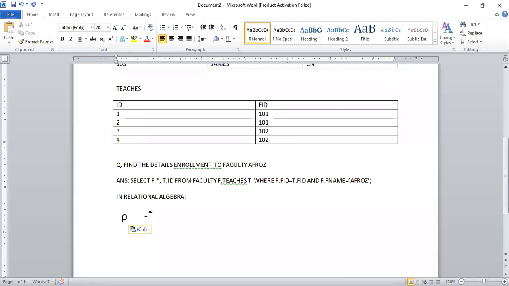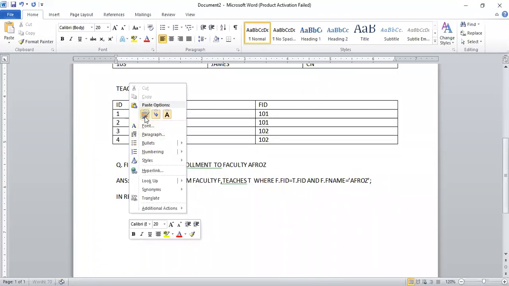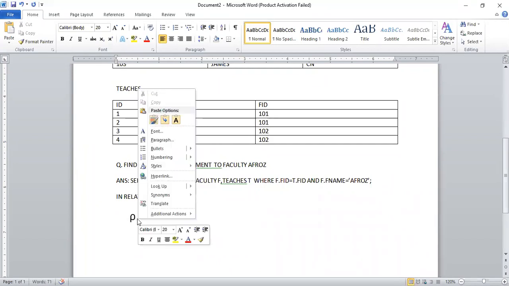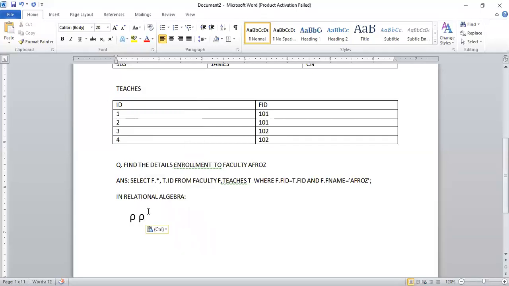Then I'm writing F as the suffix. Now it is possible.